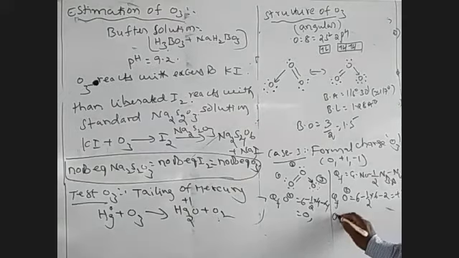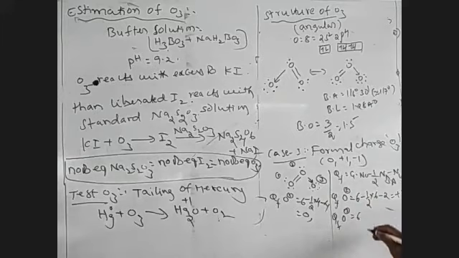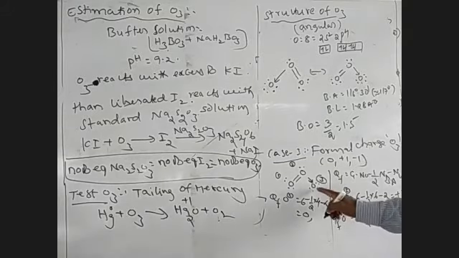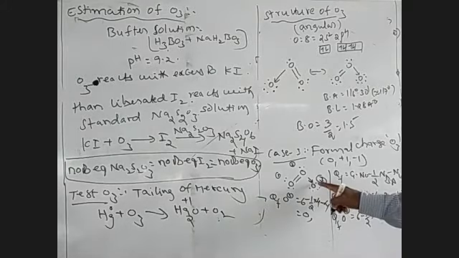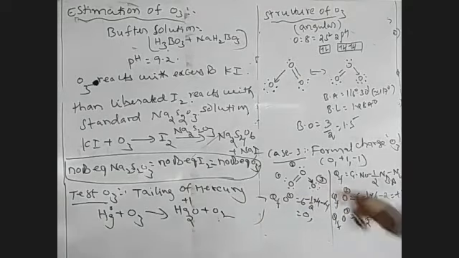The formal charge of the third oxygen. Now the group number of this oxygen is also 6 minus 1/2 into number of bond pairs. This is the oxygen surrounded by only one bond pair. One bond pair means 2 electrons, minus number of lone pairs. 3 lone pairs of electrons are present on this oxygen, 1, 2, 3, 3 into 2 equals 6. Therefore, the formal charge of the third oxygen is taken as -1.